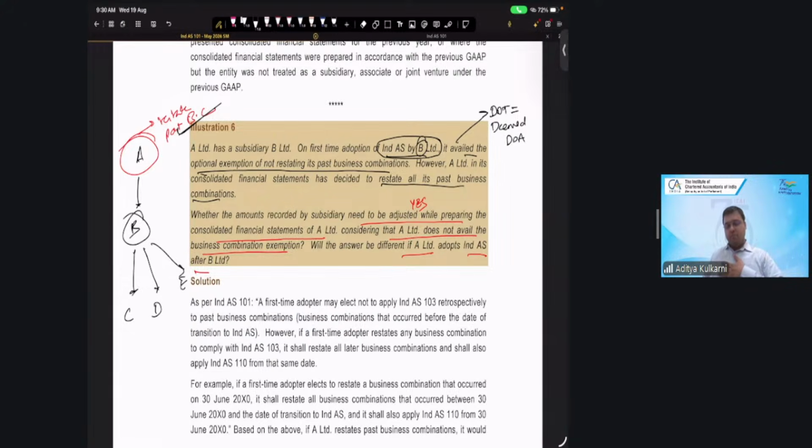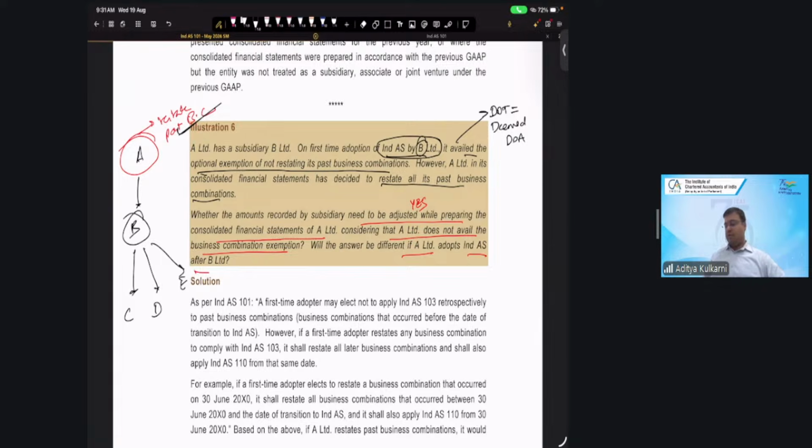Subsidiary said, I am moving to Ind AS, I will not restate my past combinations. Its parent company said, I will restate all my past business combinations. Whether the amounts recorded by the subsidiary need to be adjusted while preparing consolidated financial statements of A, considering that A does not avail the business combination exemption. Will the answer be different if A adopts Ind AS after B Limited? Yes,